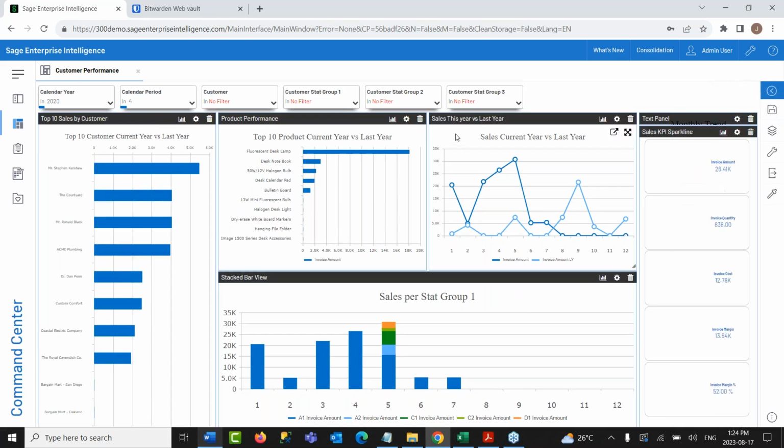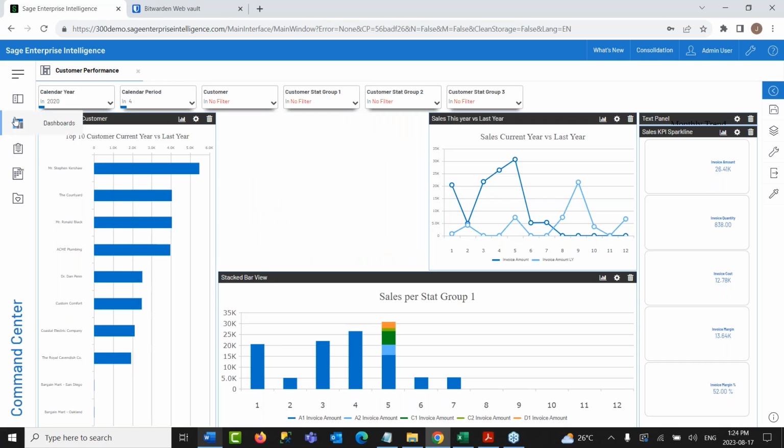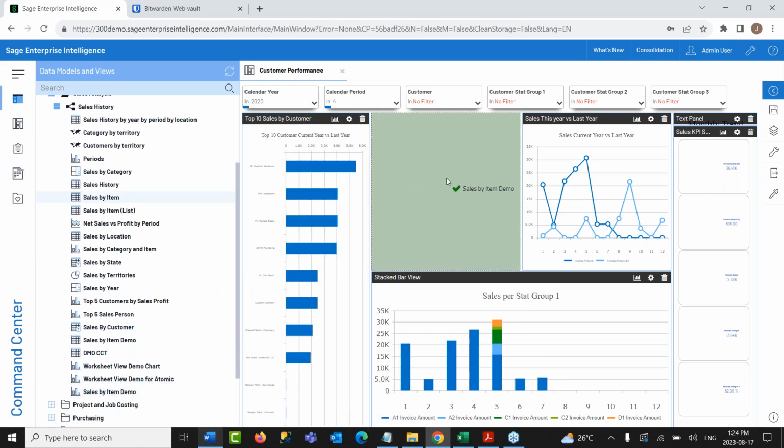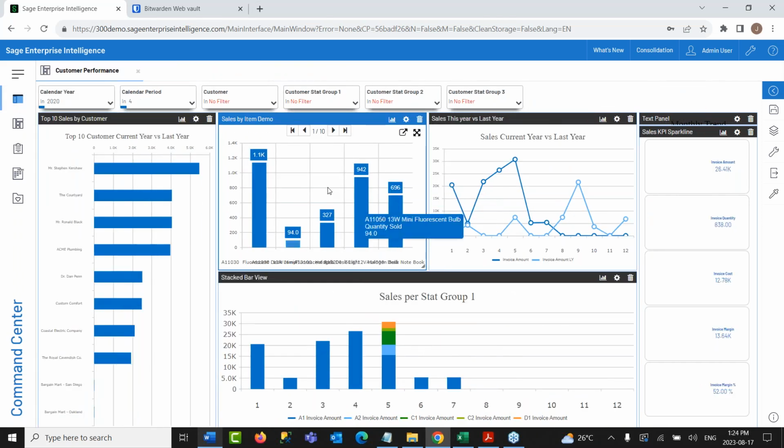We can also easily customize these dashboards too. So let's say if I want to remove this visualization and go back into the visualization, the bar chart that I just created earlier, we can simply grab that and drag and drop that into this empty space, and now we have the information on our products in a vertical bar chart like this one.